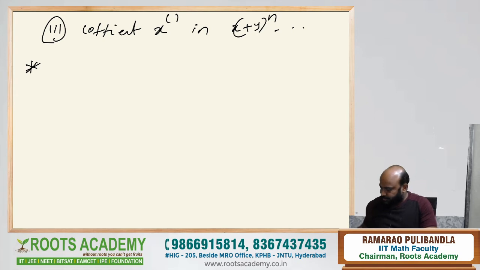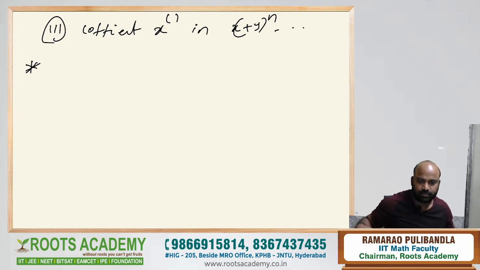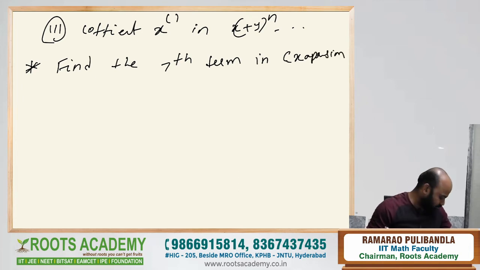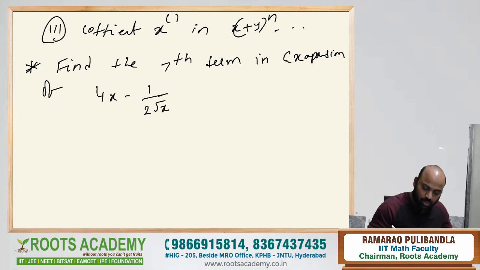Question number 1 is: find the seventh term in the expansion of (4x minus 1 by 2 root x) whole power